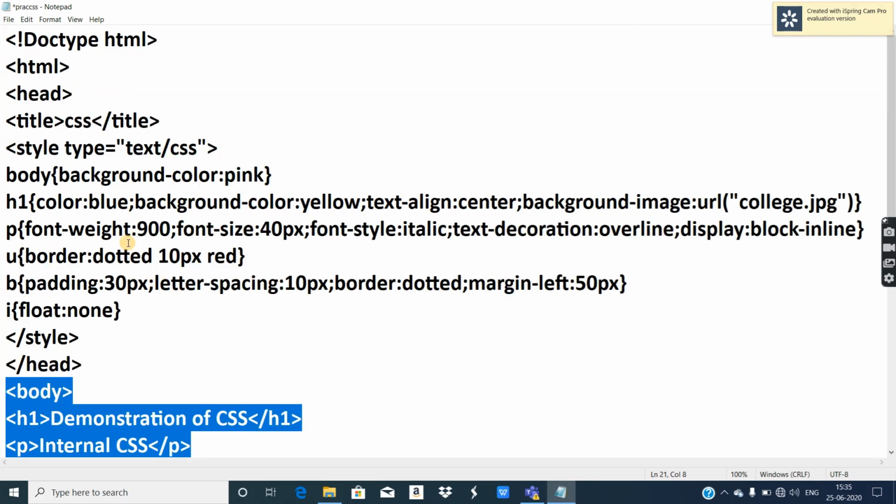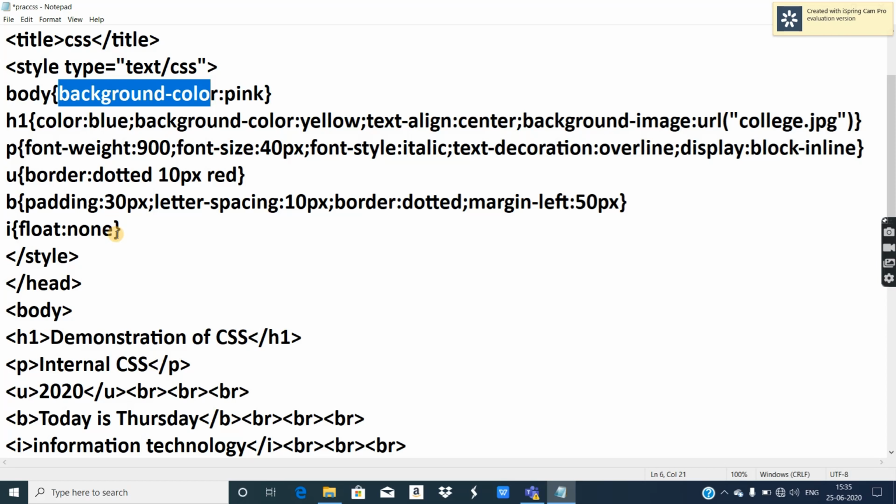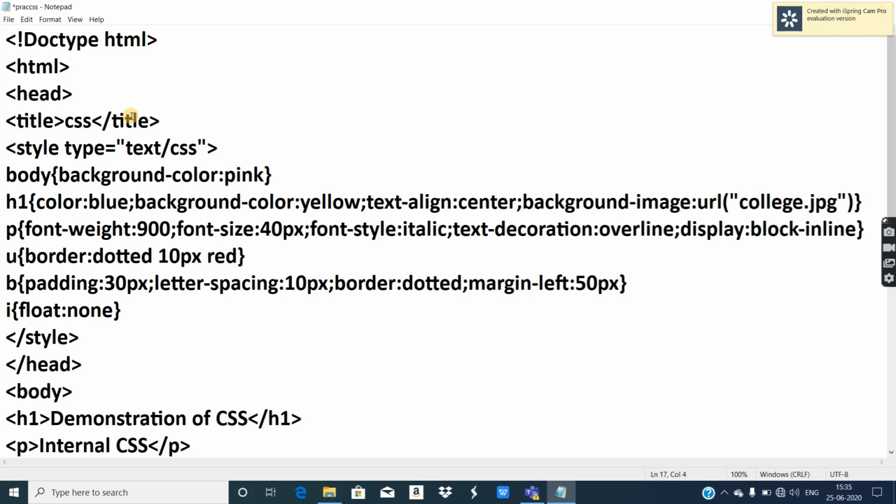Okay, so very common and easiest properties are color, which is going to provide color to the text. Background color is going to provide background color to any element, that may be the entire web page or a single element like heading element, paragraph element, underline element. Okay, so let's execute this and try to understand.